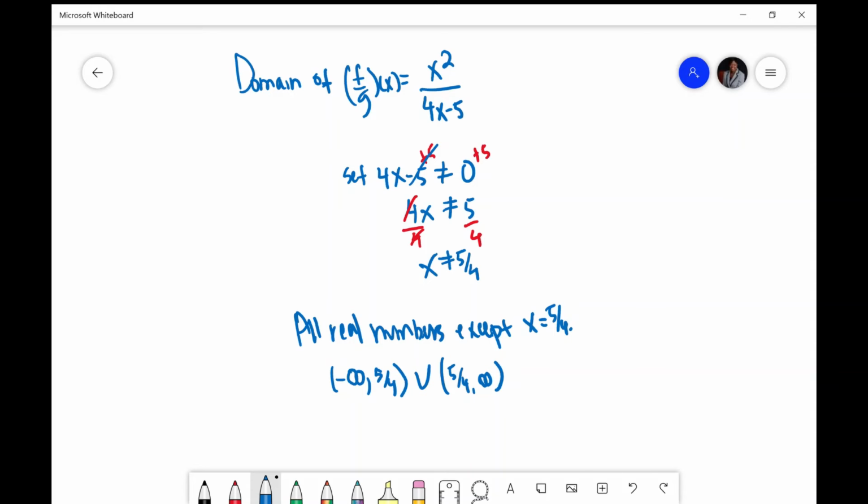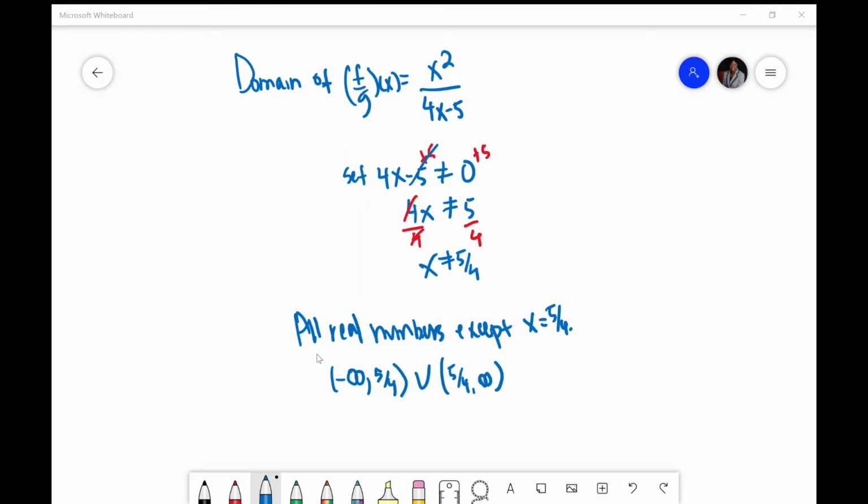Alright, let's go to another problem. Let's try something like number 11. Let's look at number 9 first. Alright, as you can see here, all real numbers except 5 over 4. But let's go to number